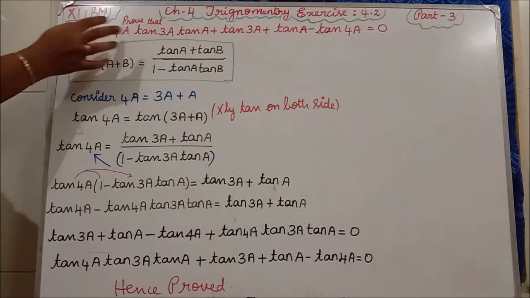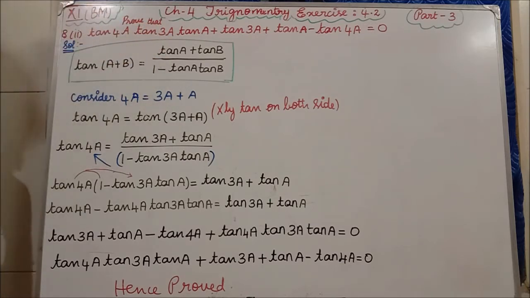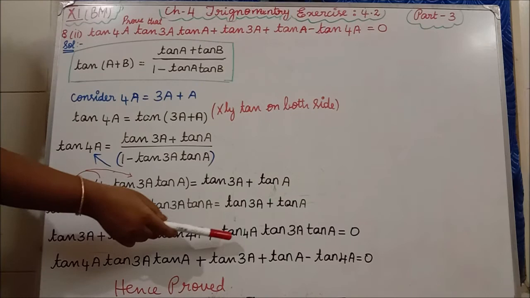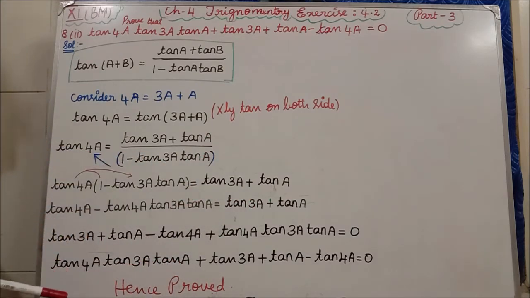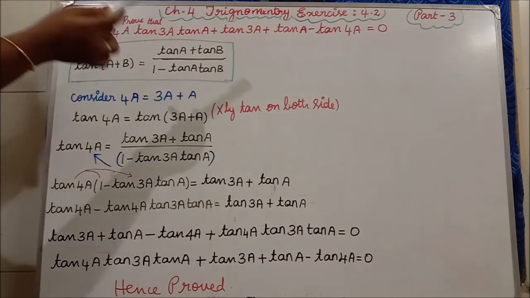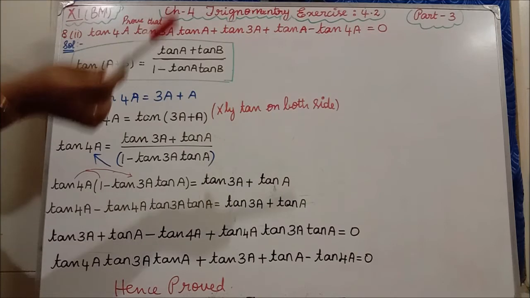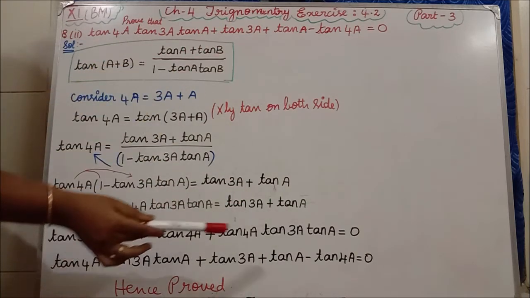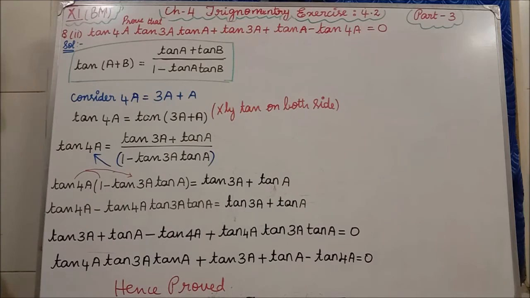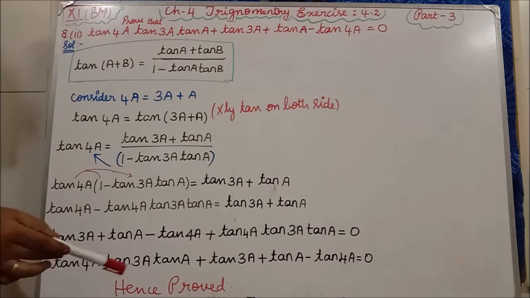Now, what do we have to prove? Tan 4a, tan 3a, tan a, first we have to write. Where we are having tan 4a, tan 3a, tan a, so I am also writing like that. First I am writing that, then plus tan 3a, we need. See, plus tan 3a also I am having, plus tan a I am having. So plus tan a minus tan 4a, that tan 4a I am writing, is equal to 0. That only we have to prove, isn't it? So write the last line: hence proved.